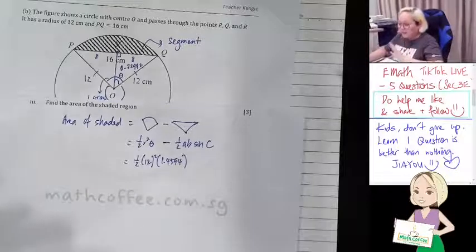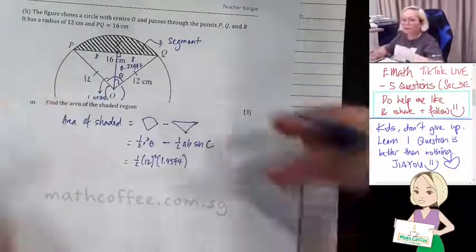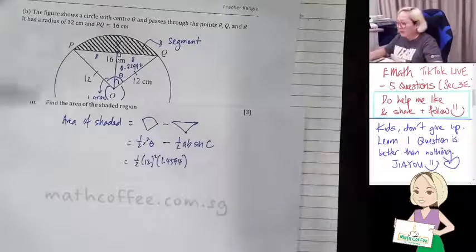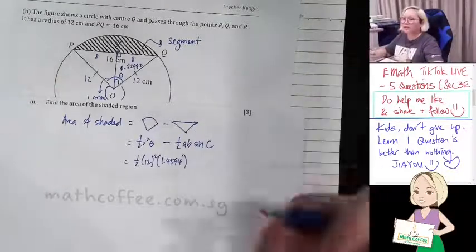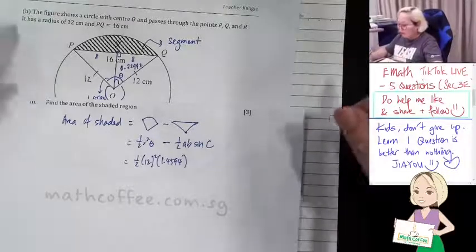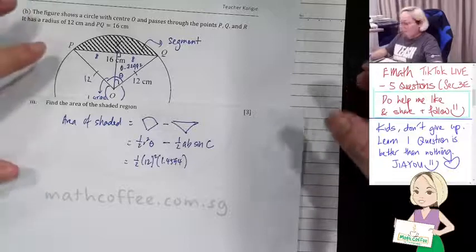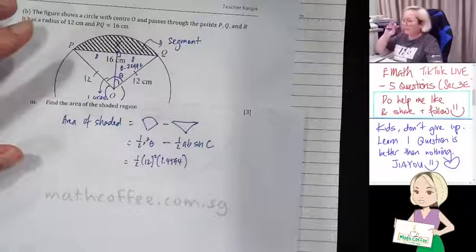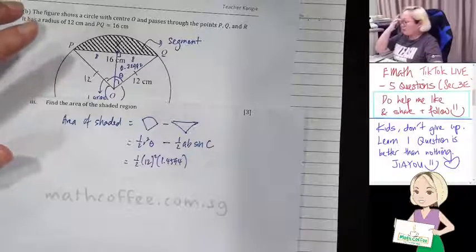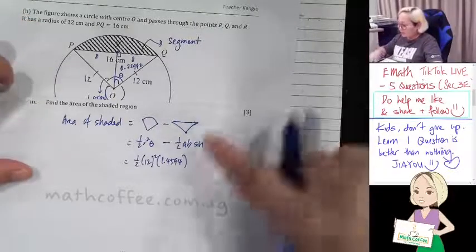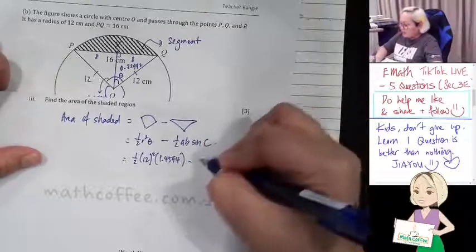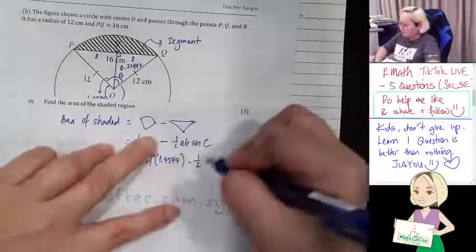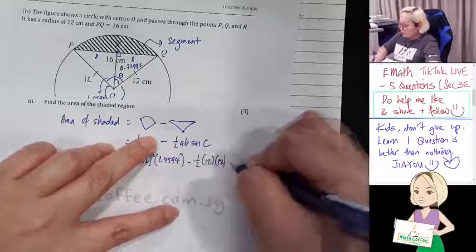Yes, sec 3 will learn a lot of these properties of circle, arc length, sector area, further trigo. I tell you, it's all killer topics. So just tune in to my live. Most of the time, for sec 3 papers I will go through those questions. So over here, half AB means 12 times 12, so just put 12 and 12 and then sine